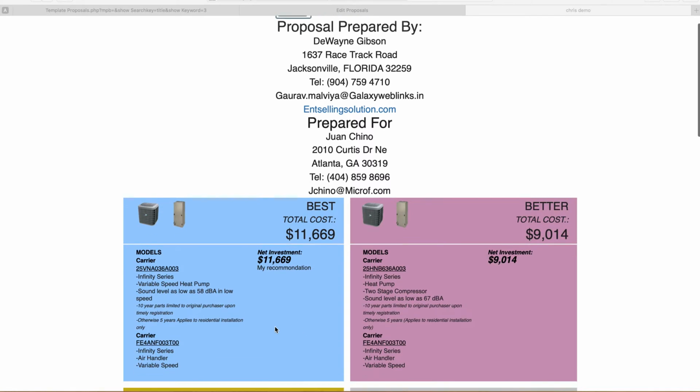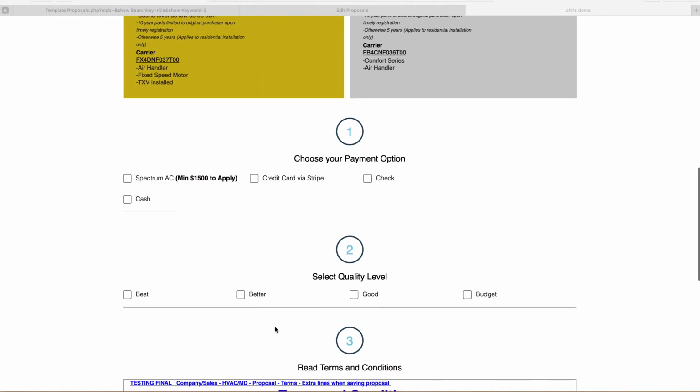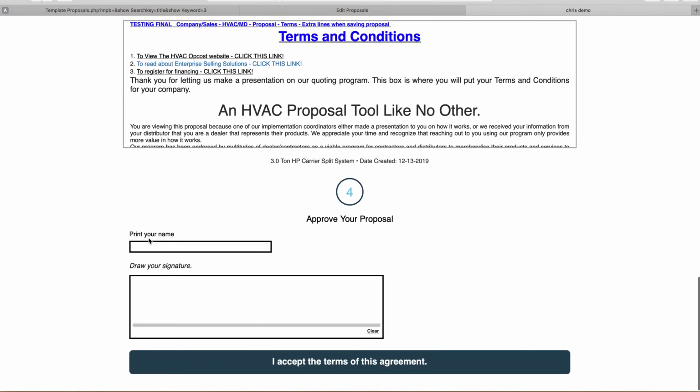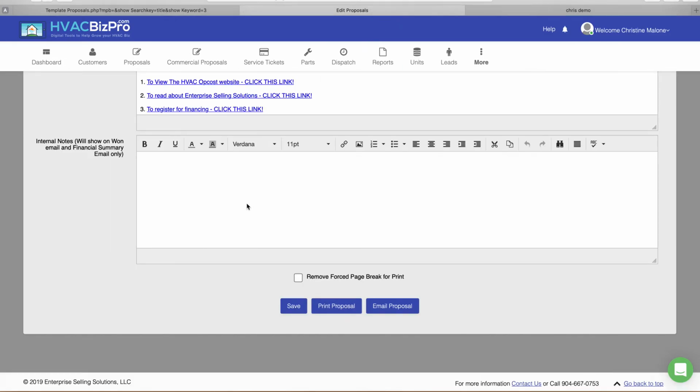And now we have our proposal. So I'm going to come down to the bottom and I'm going to select SpectrumAC. I'm going to select what system the customer wants to buy, and I'm going to sign my name and print my name, and then click accept the terms of the agreement. Now once this has been completed, we're going to go back to our proposal, edit proposal page, and we're going